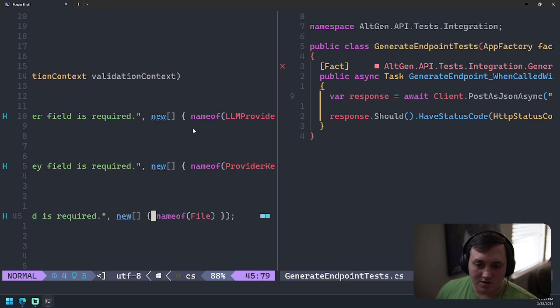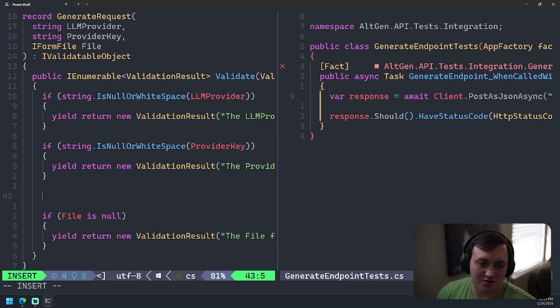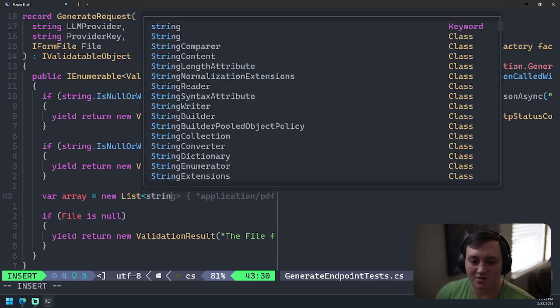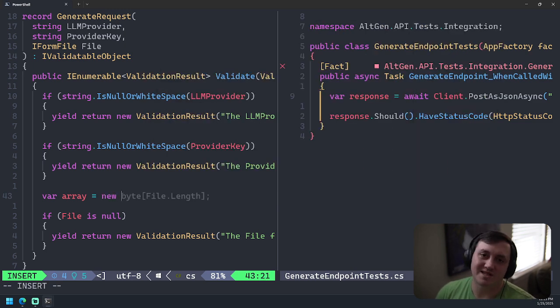And then let's use a collection initializer here. If you're not familiar with this, C# added this really cool feature recently. If you're familiar with the JavaScript world, when you initialize the most common list type, you declare it like var array equals this. However, in .NET for forever, you usually would new up the specific type of collection you wanted. You'd say list of string, or you'd say new array, a byte of a specific length.